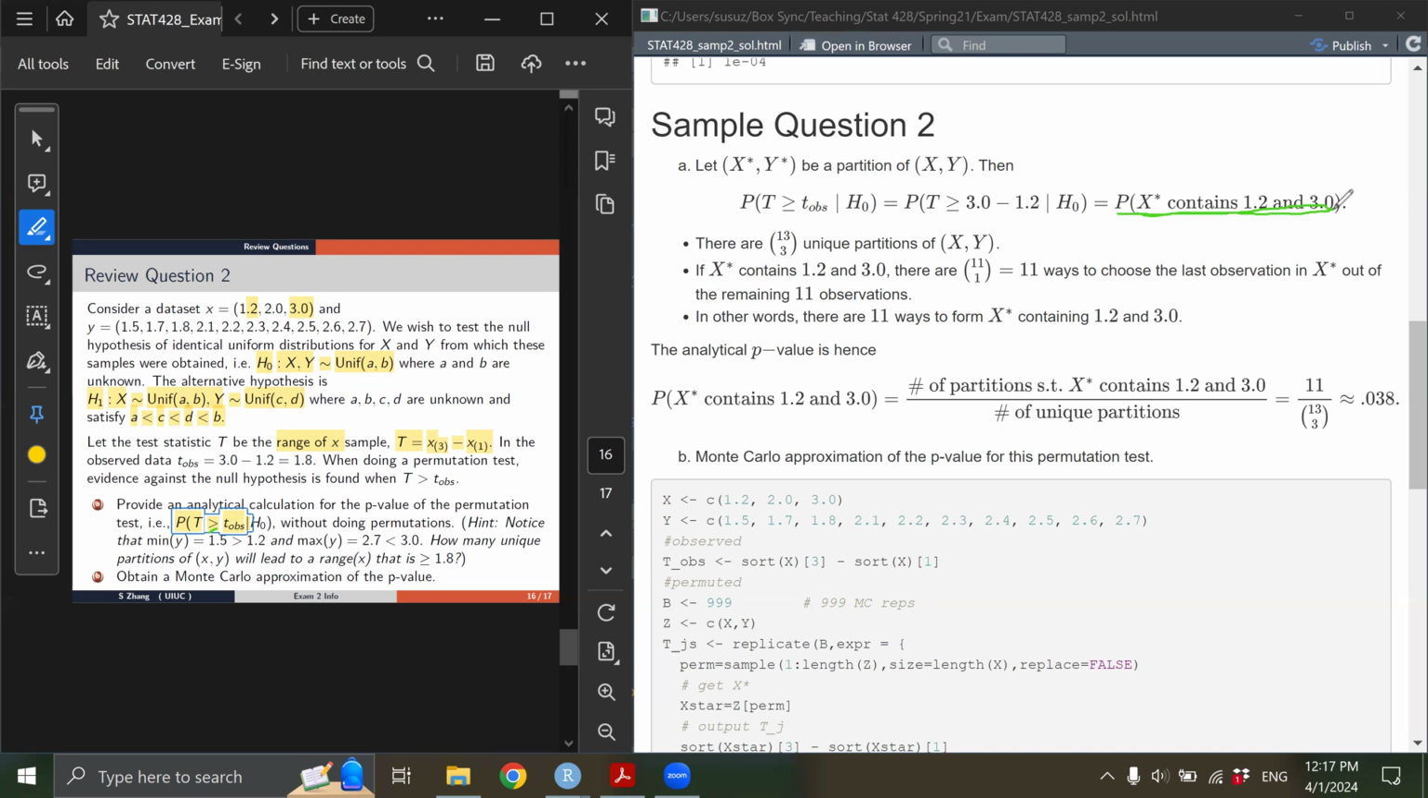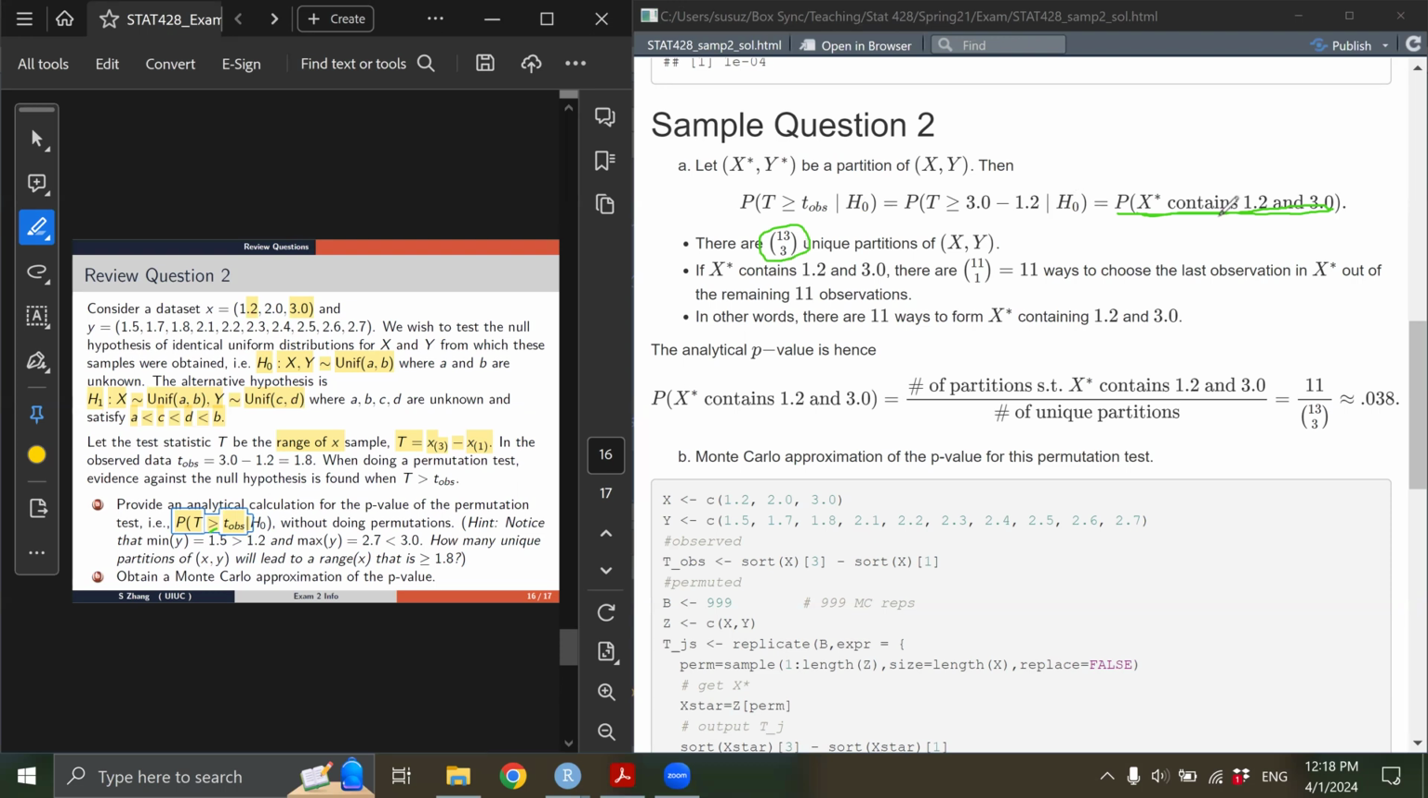In order to figure out that, there are a few things that we consider. The first is how many unique partitions there are for x and y. We have learned this in the lectures. If we have a total sample size of 3 plus 10, or 13, we're going to choose 3 of them to be in x star and the remainder 10 in y star, then essentially the number of unique partitions is equal to 13 choose 3. Right. So these are all of the possible ways that we can partition x